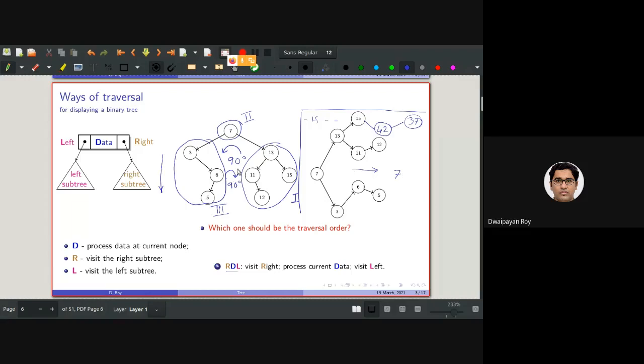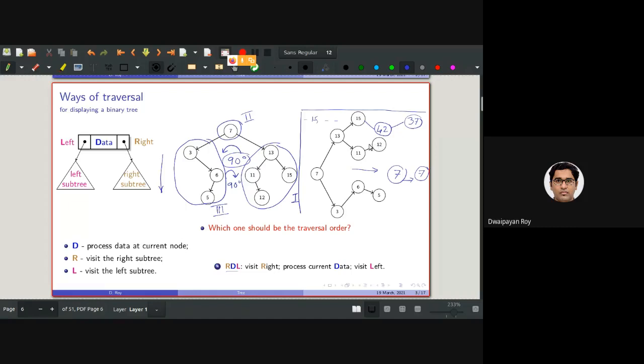But if I do a 90-degree clockwise rotation, then the root will first be here, then as the level is changing, as the height of the tree has changed after adding 37, it will be going one place in the right direction as well. Of course it can be done, it is doable, but in that case it will not be that pleasant to see on the screen. So that's why this is actually what we'll be doing: a 90-degree anti-clockwise rotation.